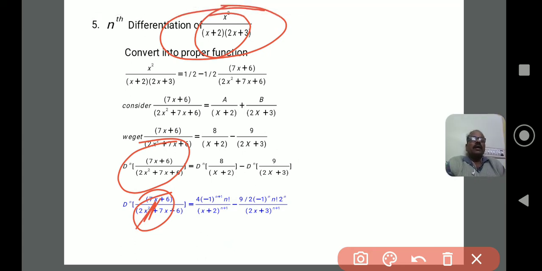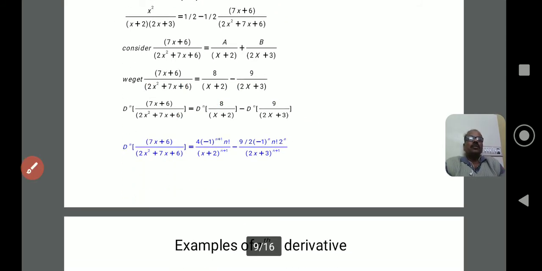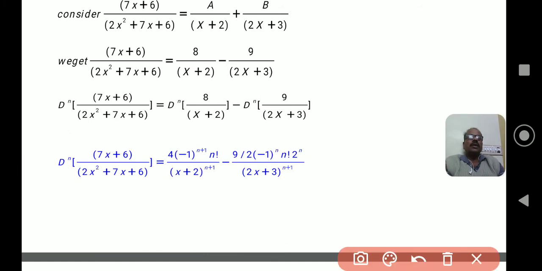Okay, after bringing it into a proper fraction and applying the procedure for partial fractions, we make individual terms. What is a by and b by? The very interesting term you should notice is the nth derivative formula for 1 by ax plus b. In the previous session we derived the result for 1 over ax plus b whole to the power of 1. It is a linear term, p equal to minus 1 in the case of ax plus b whole to the power of m. In this formula the final result is very clear.